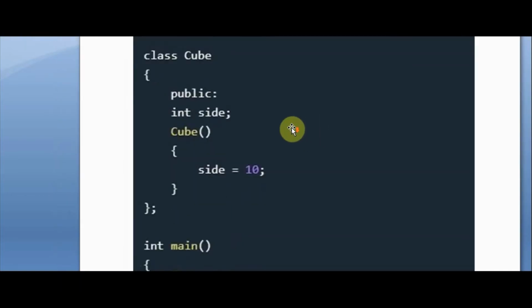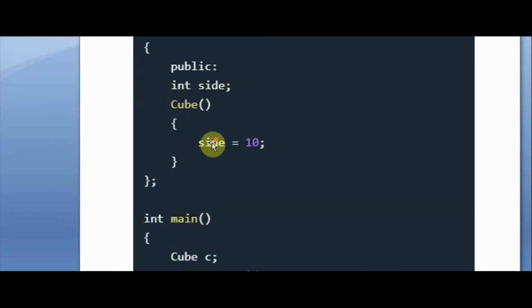As you can see in this example, I created a class Cube and created a constructor of the same name. There is no argument and no parameter, meaning this constructor is blank, like a simple function.